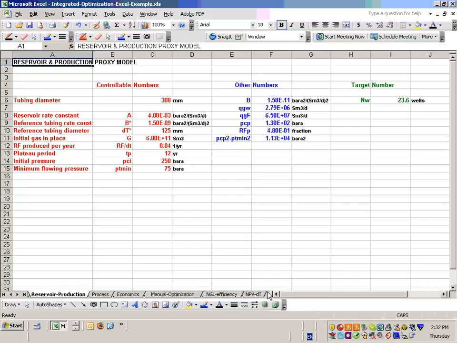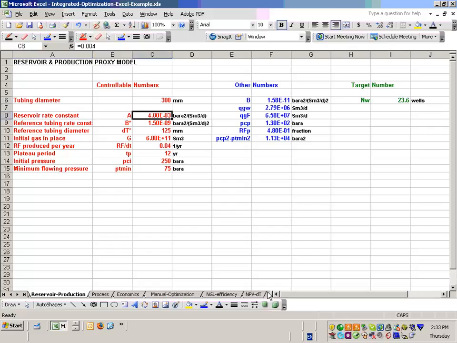B, the tubing, that's already been taken into account with the diameter. You could change gas in place. Plateau period, maybe make it shorter, 8 years. What do you think, Mike? Let's put together a different scenario here. We can make it lower permeability